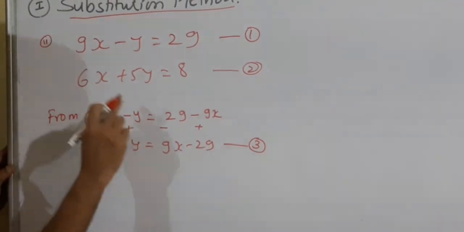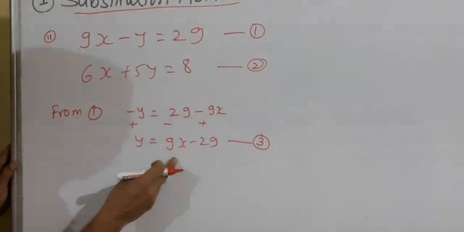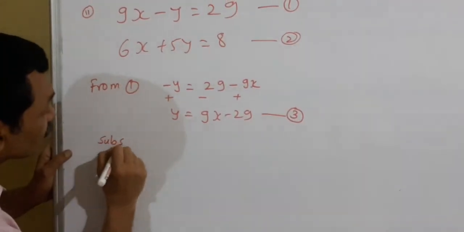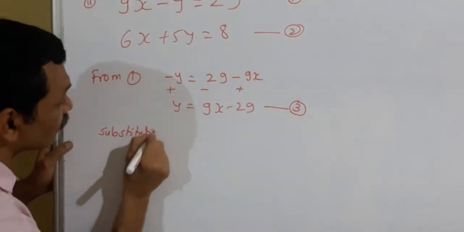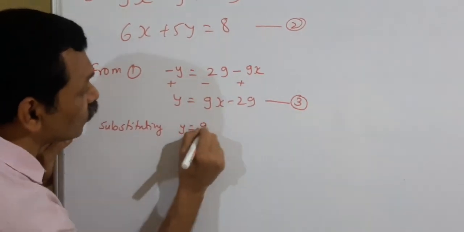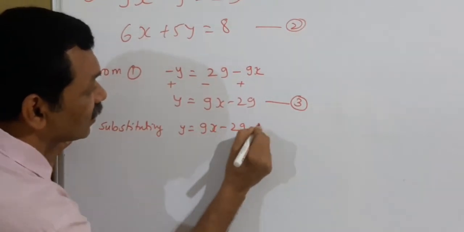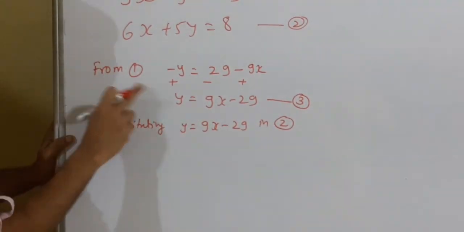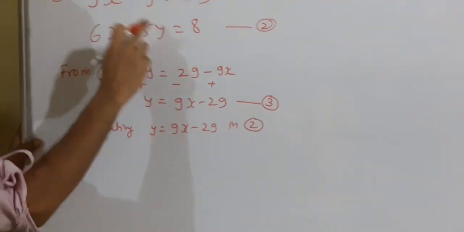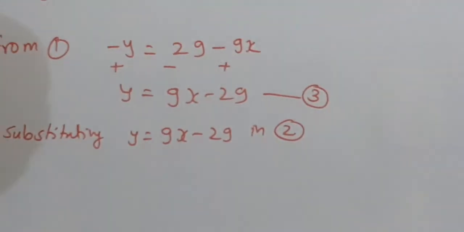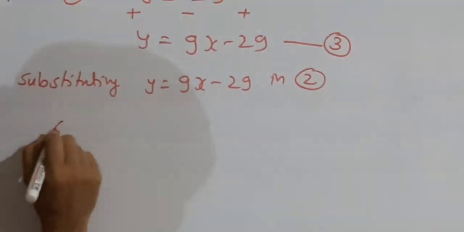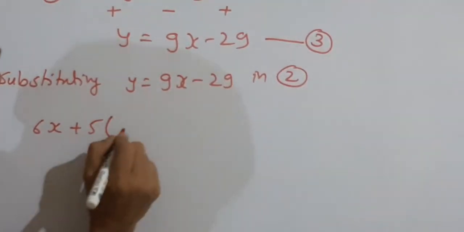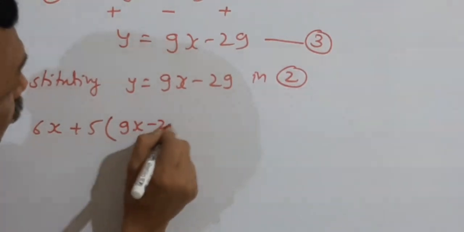And then since I have taken it from 1, I have to substitute in equation 2. And therefore substituting y is equal to 9x minus 29 in 2. Why are we substituting in 2? Because we have taken this value of y based on equation 1. So I am substituting in equation 2. And therefore 6x plus 5 into, in place of y, we write 9x minus 29